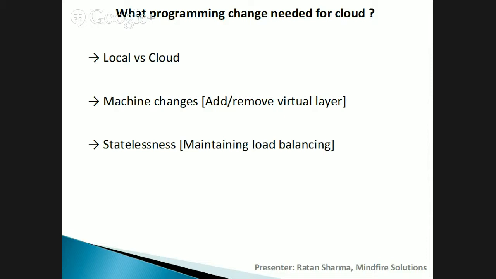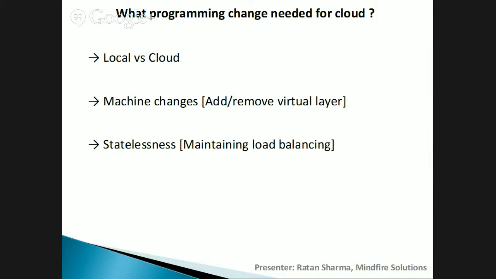And the machine changes would be like, today the machine is there with some specified set of tools, and all of a sudden this machine went down. So some technical person in that data center changed the machine. Maybe the configuration would be the same, maybe something will change. So your code should be machine independent, because you are not managing it and you are not sure whether the changed machine will support it or not. So that is one thing.